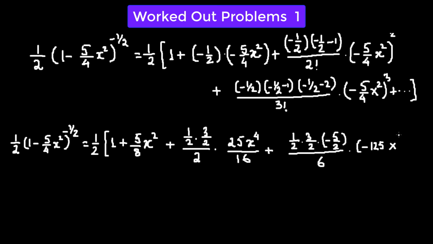So that will be 2 times 3, which is 6, giving us x to the power of 6, divided by 4 cubed. So we have 4 times 4, which is 16, and 16 times 4 is 64,